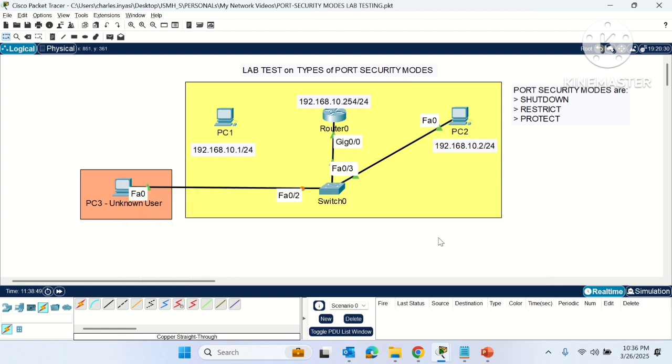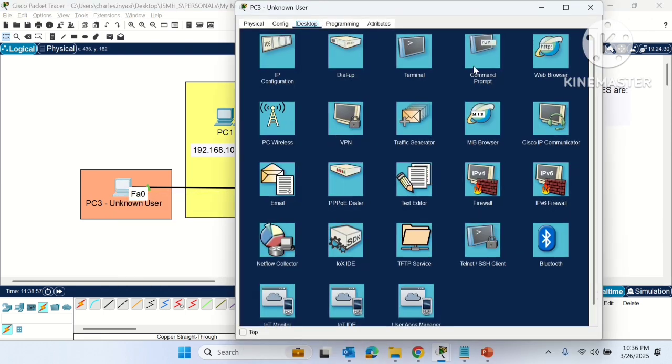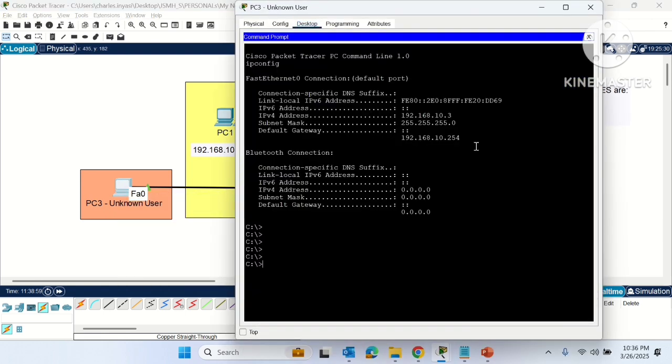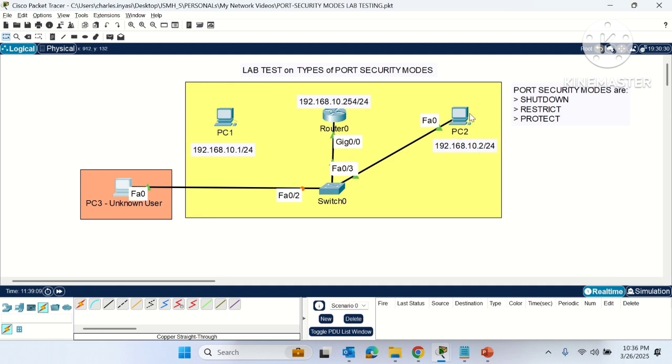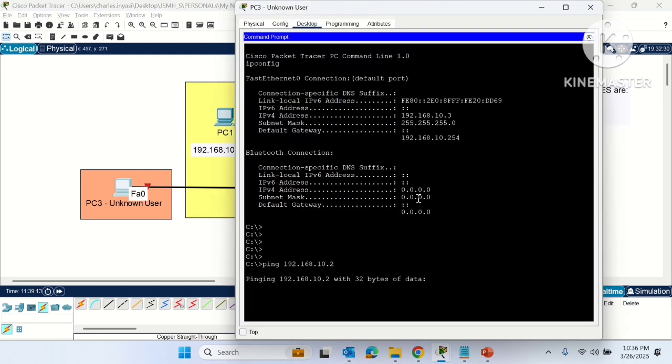So now we are going to test the ping. That is, we are going to try to reach the other end system, which is PC2, from this new PC3. Just ping 192.168.10.2. As soon as you enter ping and try to reach the other end, PC2, using the ping